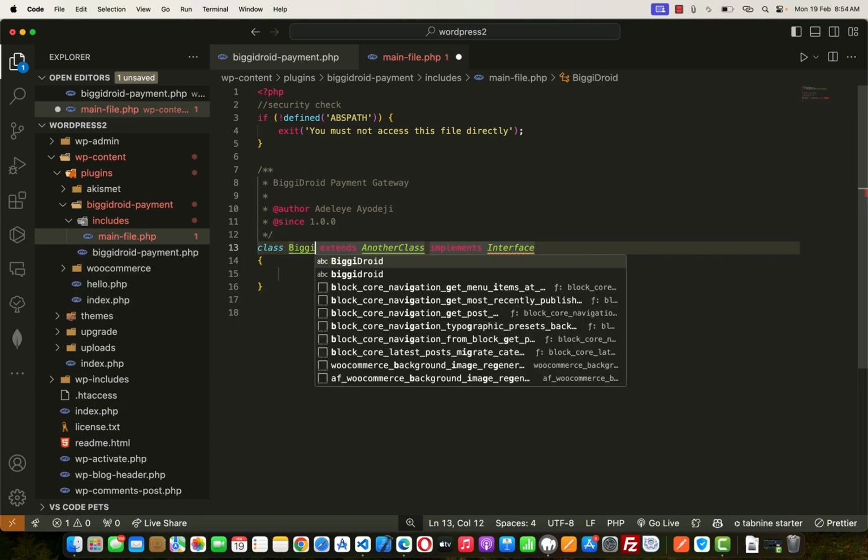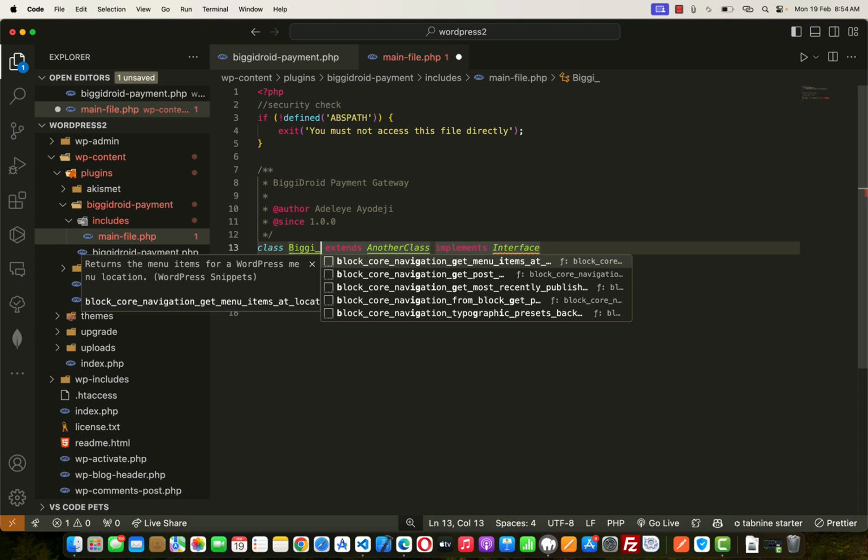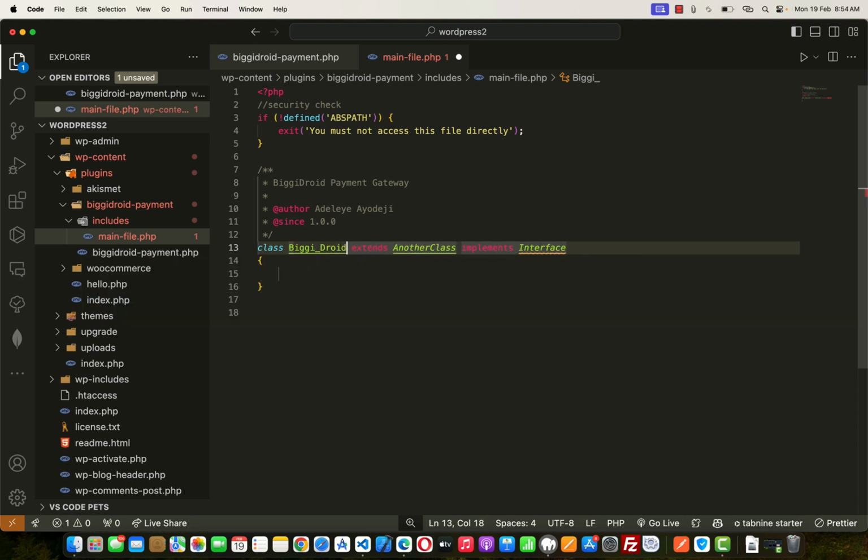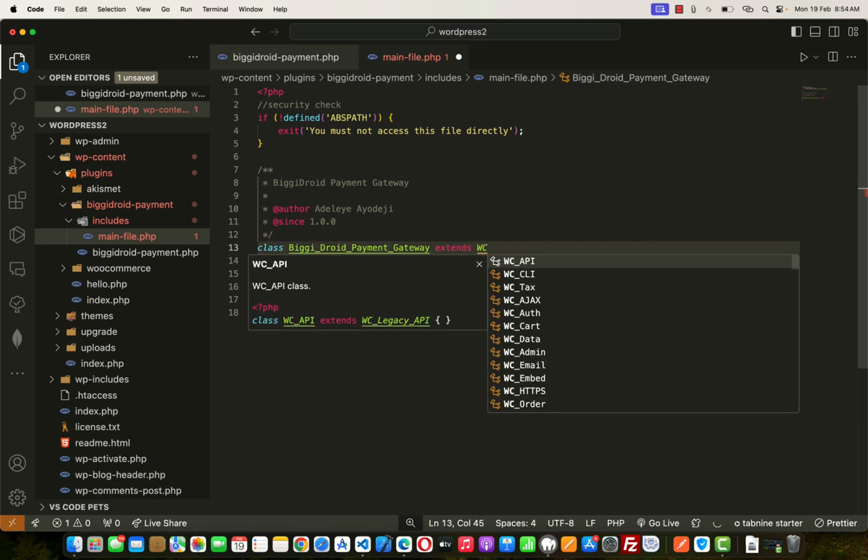BigGDroid. Okay, let me have underscore BigGDroid payment. BigGDroid payment gateway. Cool. Then BigGDroid payment gateway is going to extend WC